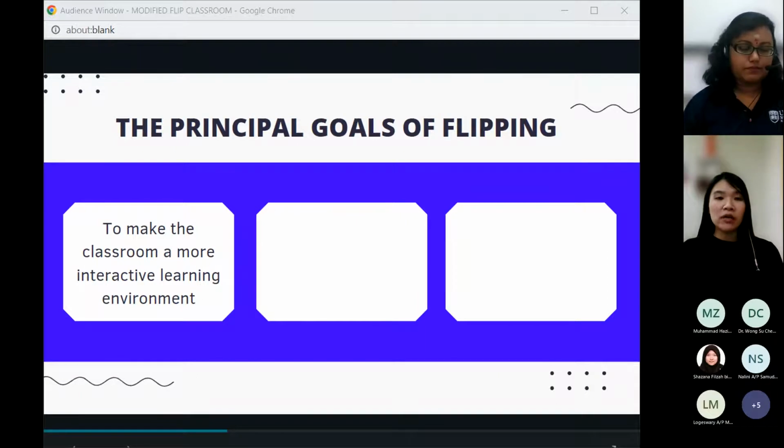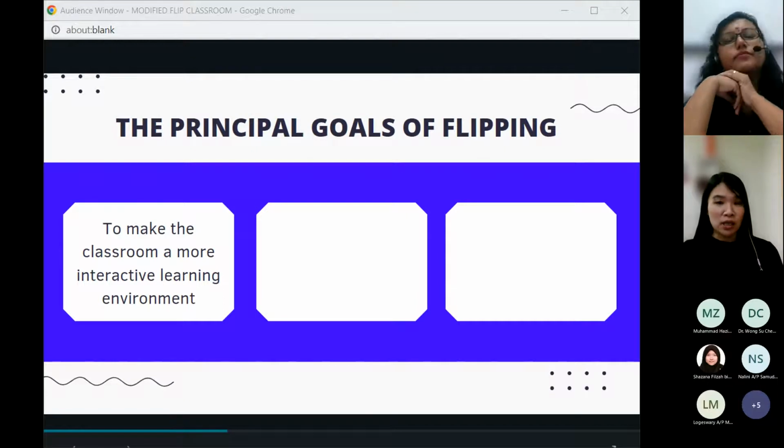However, what happened after the class, when you asked them a few questions, or maybe you started asking them to do quizzes or practices, they could not recall at all because they just sat there passively listening to you without practicing. We do know that when we want students to grasp the knowledge, they will need to practice. If they just listen without doing anything, they will not be able to remember anything. So why do we want to do flipping?